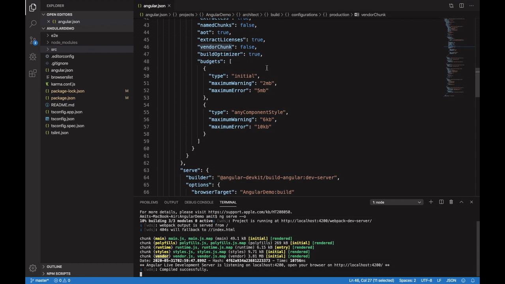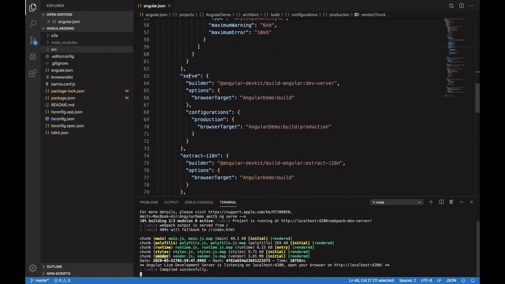Just to give you an idea about the vendor chunk, it consists of Angular framework files, which are almost half the size of our completely built files. It would make your system too slow. That's why, for optimization, this file should not get generated in production environments, and that's why we are making the option false. We'll discuss it in much more detail in further videos.